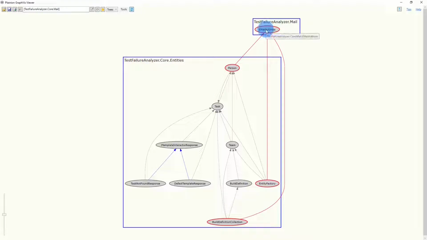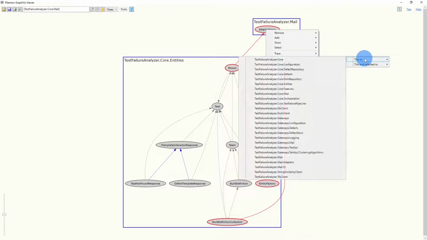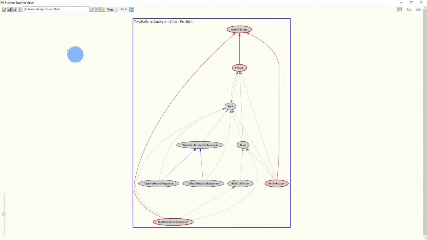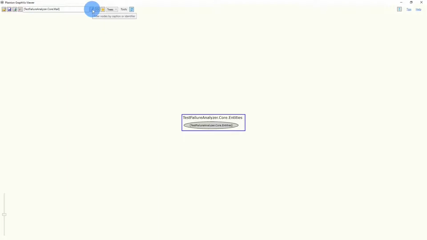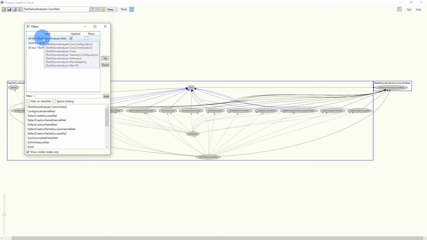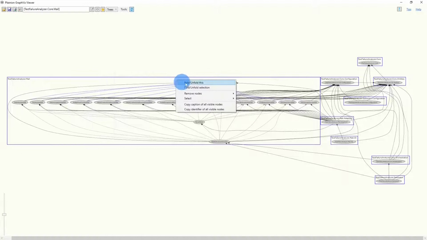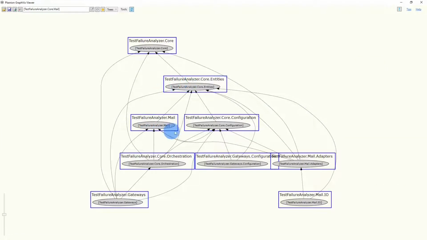So let's do this by right-click on the EmailAddress node and then clusters, add this to TestFailureAnalyzer.Core.Entities. Let's fold the clusters again and remove the filters. Let's fold also this cluster. And here we go. Now we see only this dependency between mail and entities, and it's going into the right direction. The mail feature depends on the entities, the core domain model of the application, and not the other way